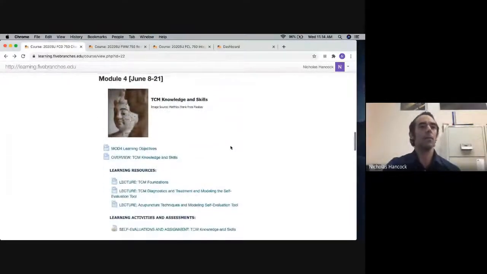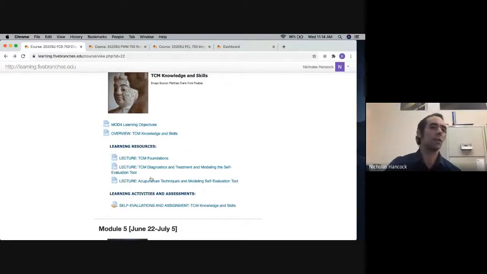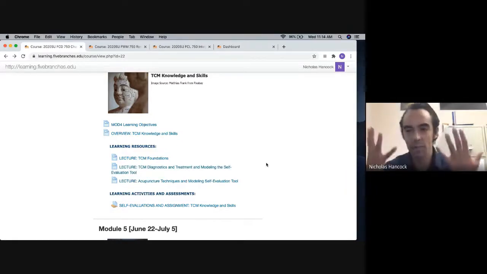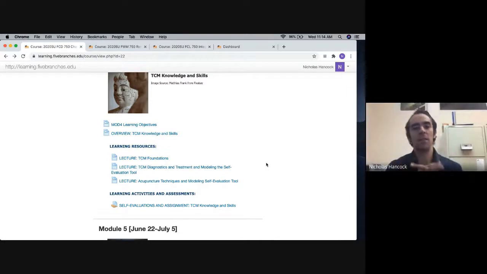And then modules 4, 5, 6, we start going through actual assessment tools to evaluate where the students are at related to their TCM foundational knowledge, diagnostic and treatment skills, acupuncture techniques. Just to remind people, you know, people get into their practices and they know what they know, but they don't know what they don't know, right? So these assessment tools are to wake us back up to the potential of tremendous amount of growth, no matter where you are in your process of clinical practice.